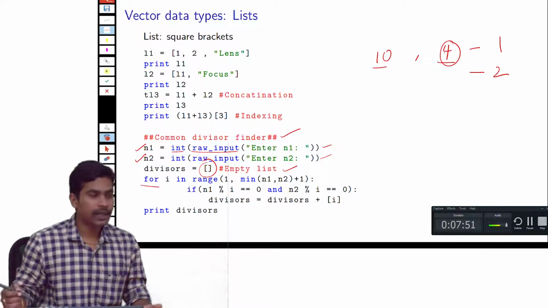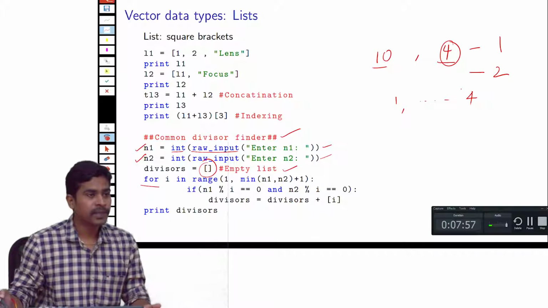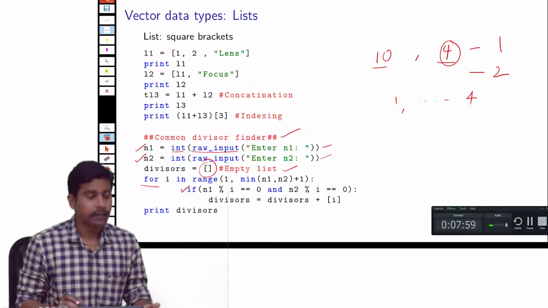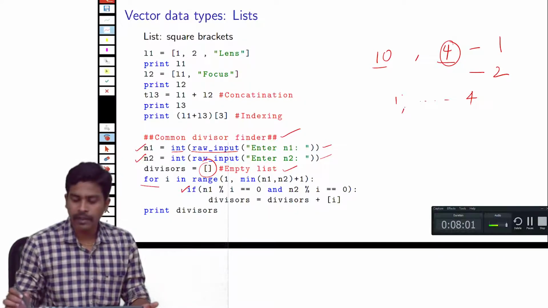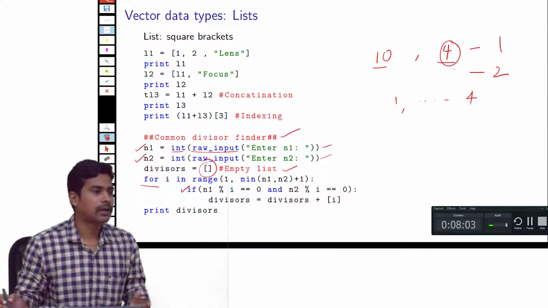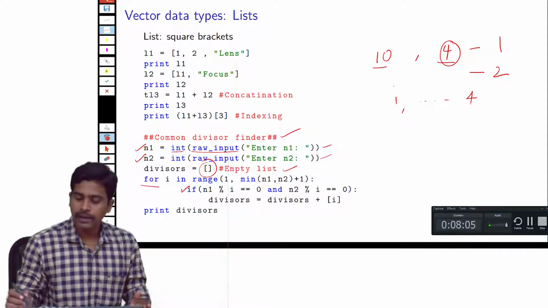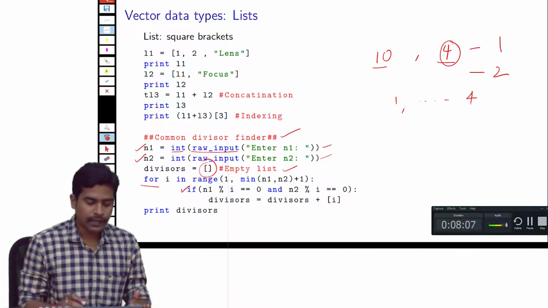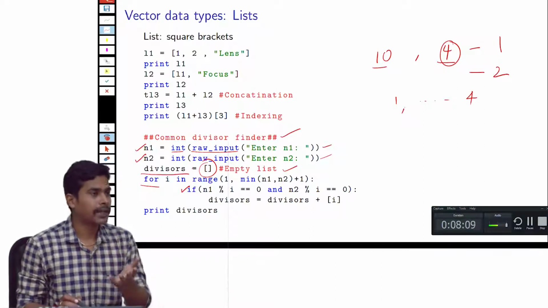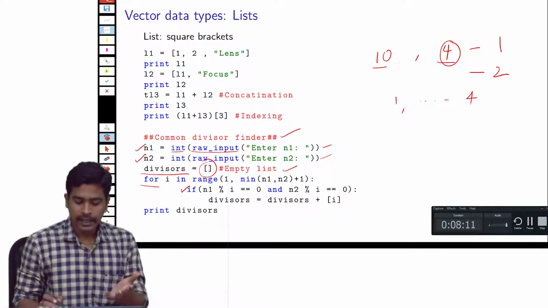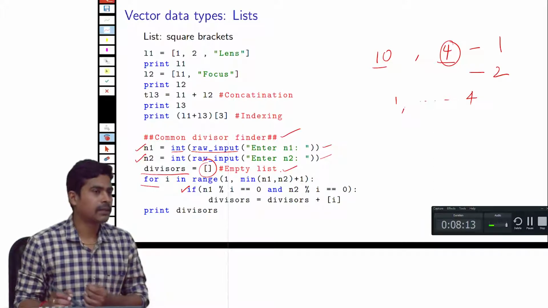So what we are doing here is taking the numbers from 1 all the way to the smallest number, and using an if statement to see if this number divides both numbers or not. If the number divides the two numbers, we are appending that number to the divisors list. If it does not, we go to the next number in the for loop.